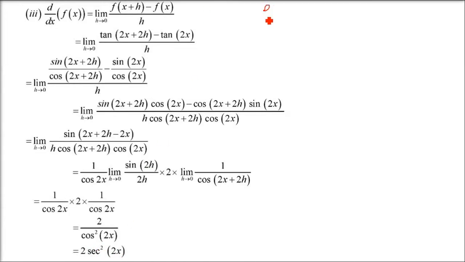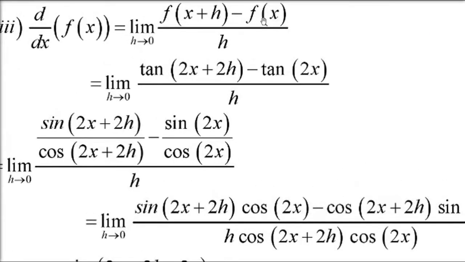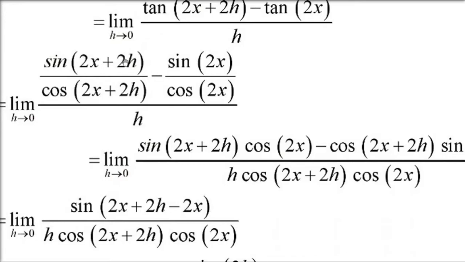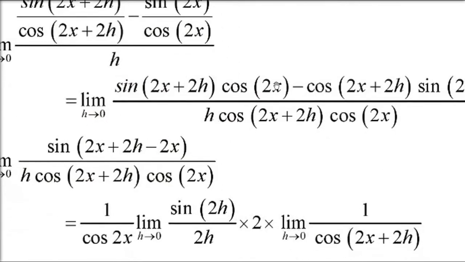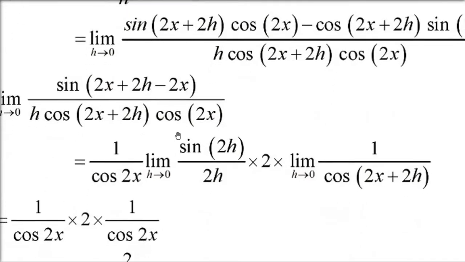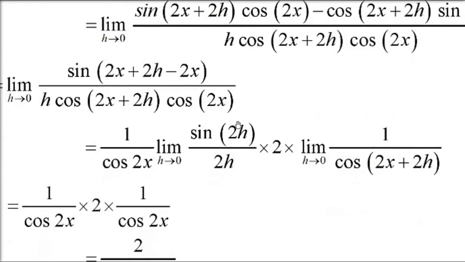Now same thing here, exactly the same thing. So f(x) is tan 2x, exactly similar to the previous one, so I'll just go through it. f(x plus h) minus f(x) by h, tan(2x plus 2h) minus tan 2x by h. So you can write it as sin by cos, sin by cos. Again sin a cos b minus cos a sin b it will be. Denominator you have cos and cos. So this will be sin(a minus b), 2x plus 2h minus 2x, 2x gets cancelled. So sin 2h will remain in the numerator.